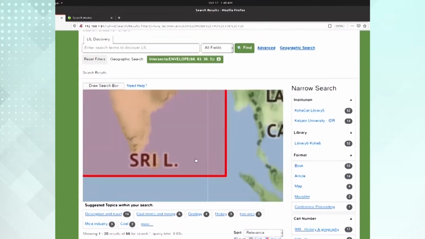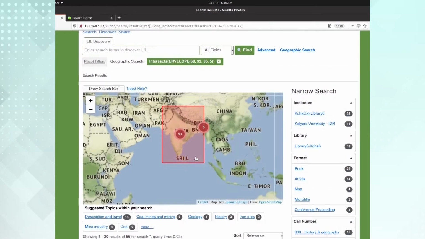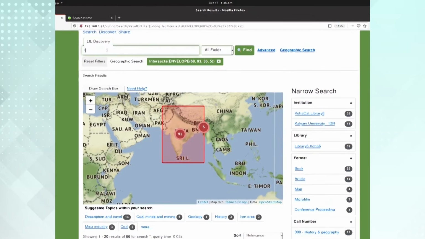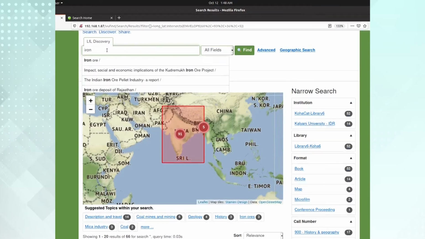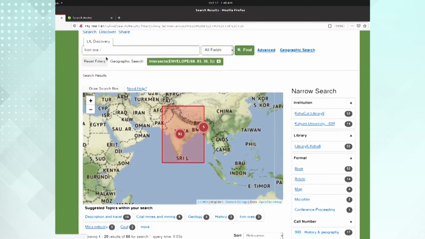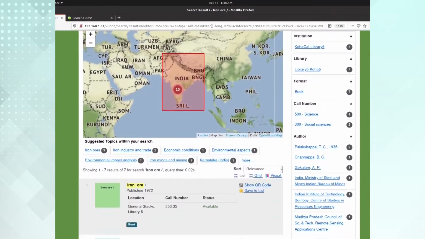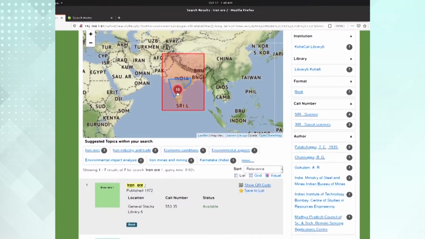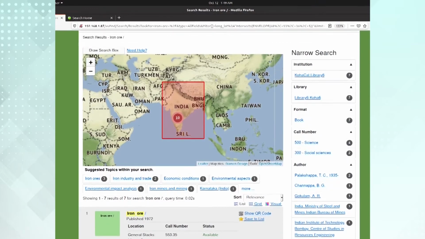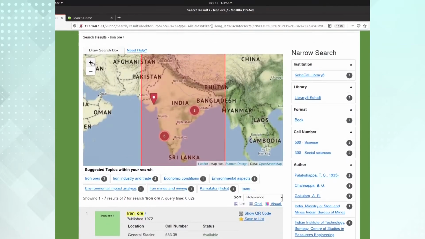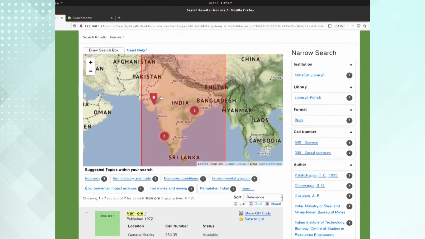Now, suppose I want to search by something here after calling the geographical search, say iron ore. Now, momentarily it will be reduced, the number of place names is now 10 and the number of documents is now 7, and if I click zoom out, you see what is happening, how documents are clustering into different geographical areas.